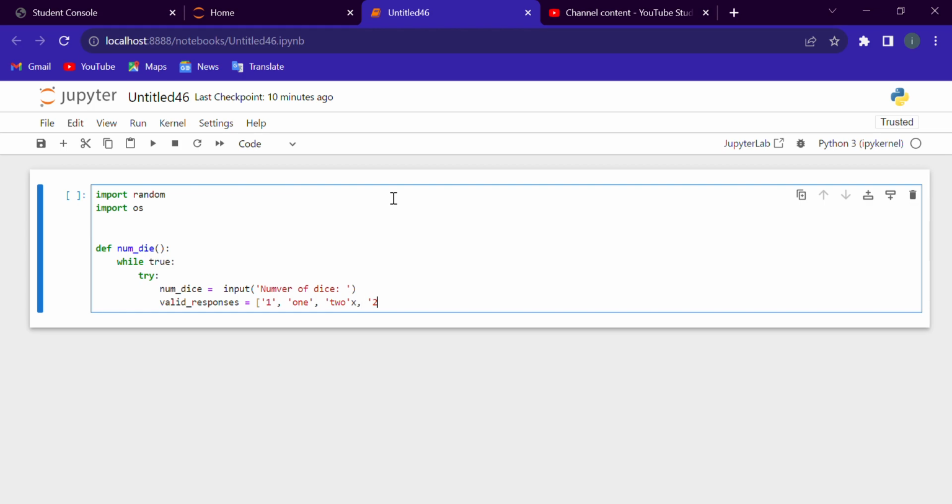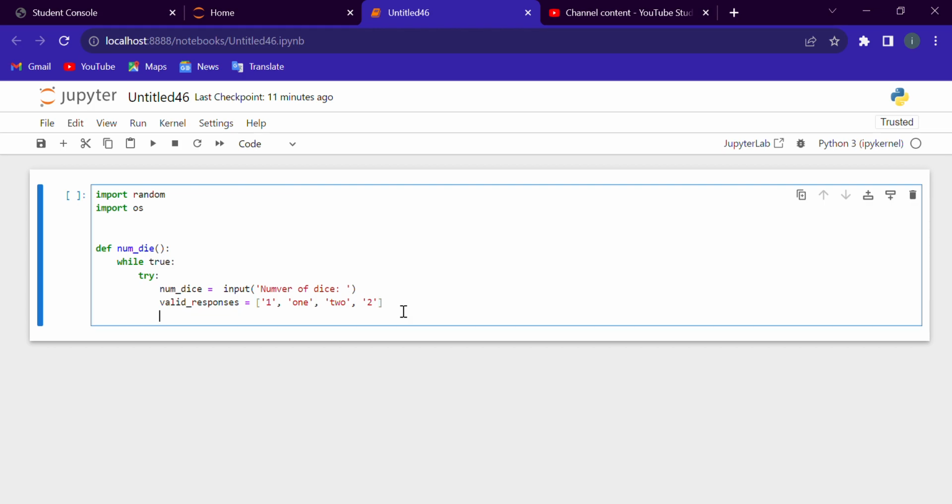Now I'm saying here that the valid responses are only two. You can roll a dice only two times. A player has to roll a dice how many times? Two times only. So if num dice not in valid responses, then what you have to do,